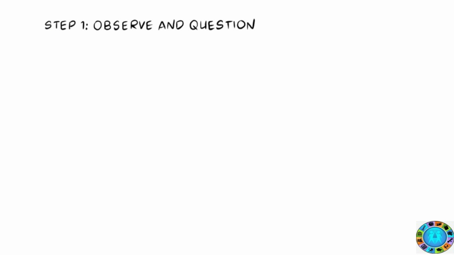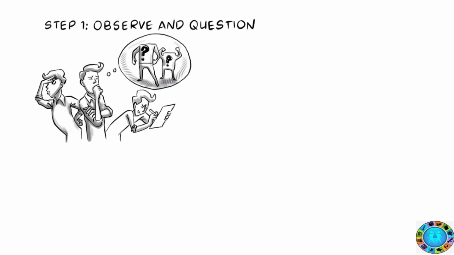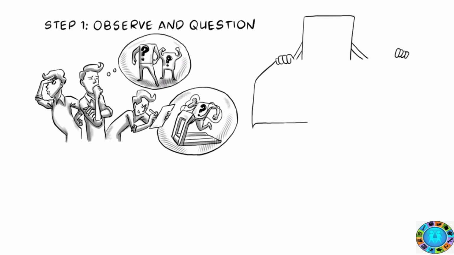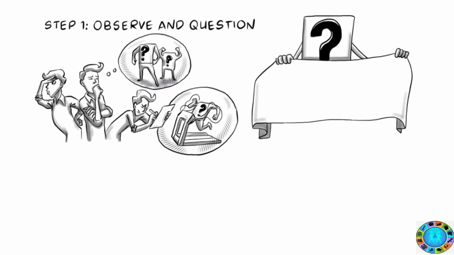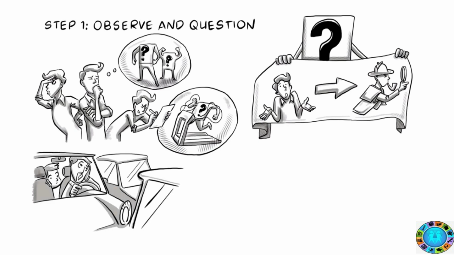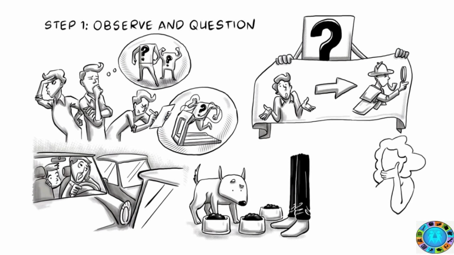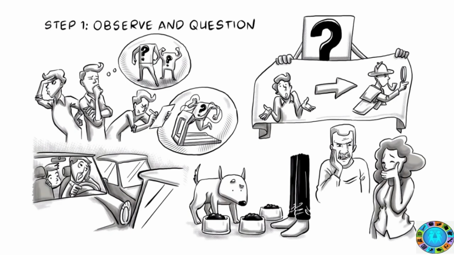Let's try. Step 1. Observe and question. Observation helps us formulate challenging questions that you will be able to test. A good question converts the natural sense of wonder into a focused line of investigation. When is the best time to drive to school? Which food is my dog's favorite? For example, if you observe that women smile more often than men, you might ask, why do women smile more